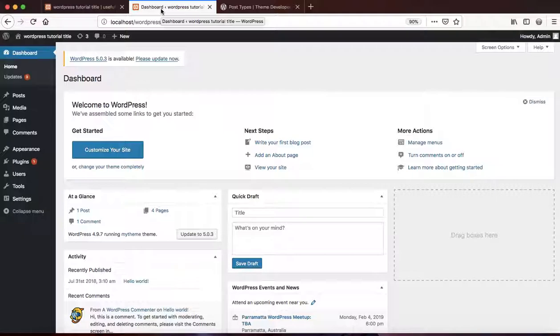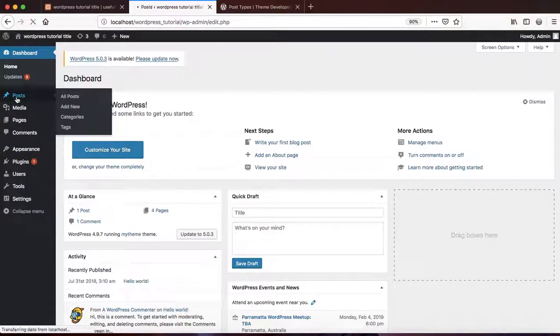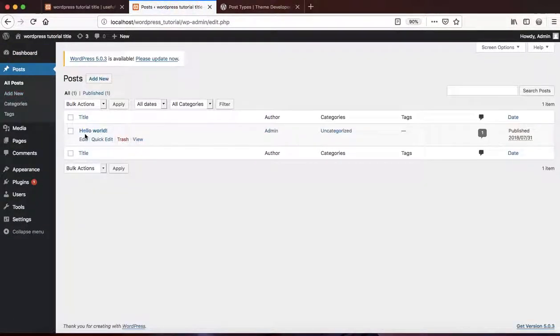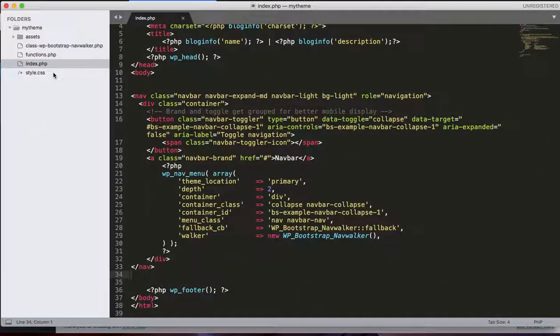Let's check the WordPress dashboard. We have only one post, that is the default Hello World post on our WordPress blog. To display the posts in our WordPress site, the loop is used. The loop is the building block for WordPress. Let's start coding now. In the index.php file,